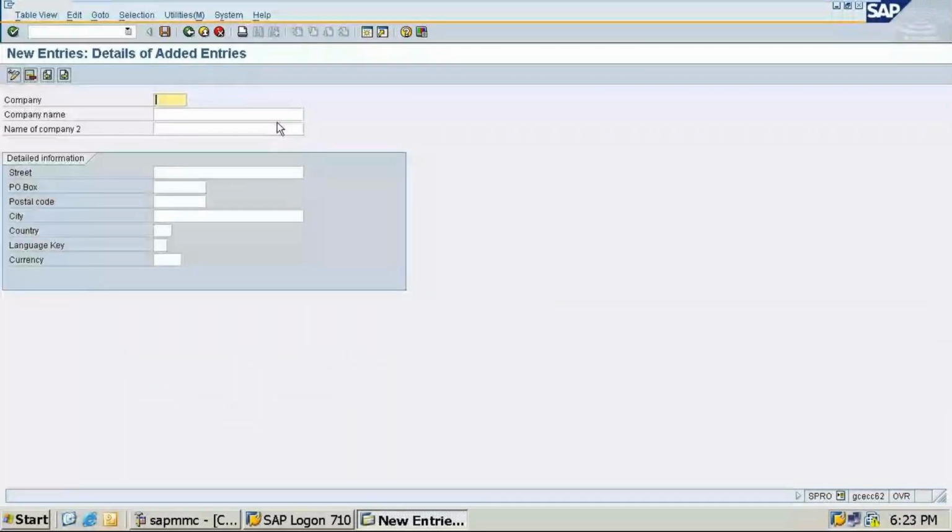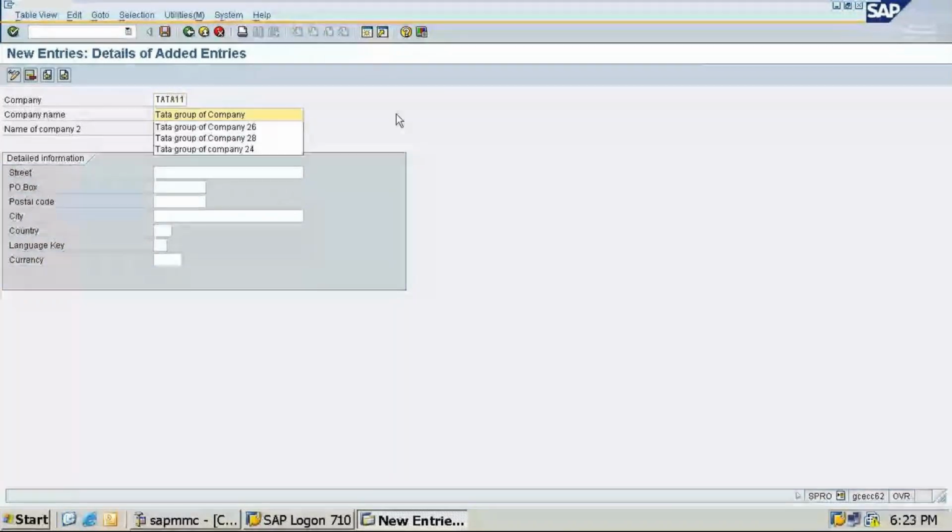TA 26 is there. I'll just create TA. Suppose I'm giving 51. So Tata 51. I'll give Tata Group of Company 50. Any name you can give. Or else I'll give, suppose, Tech 11. No one has created it, so we can use that one. So Tata Group Company 11 I'll create.